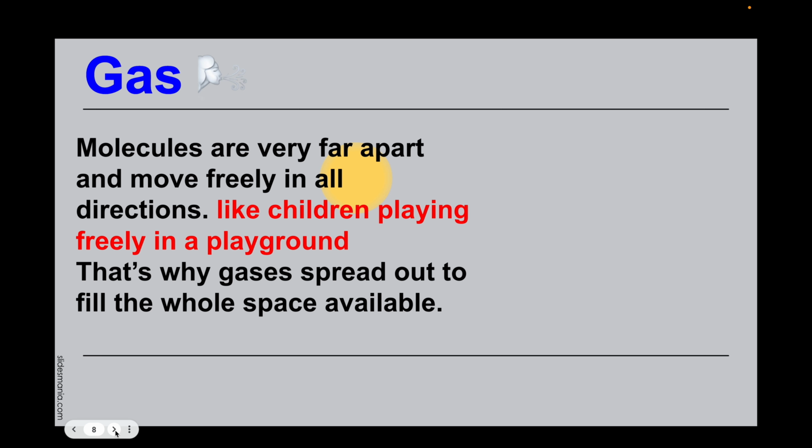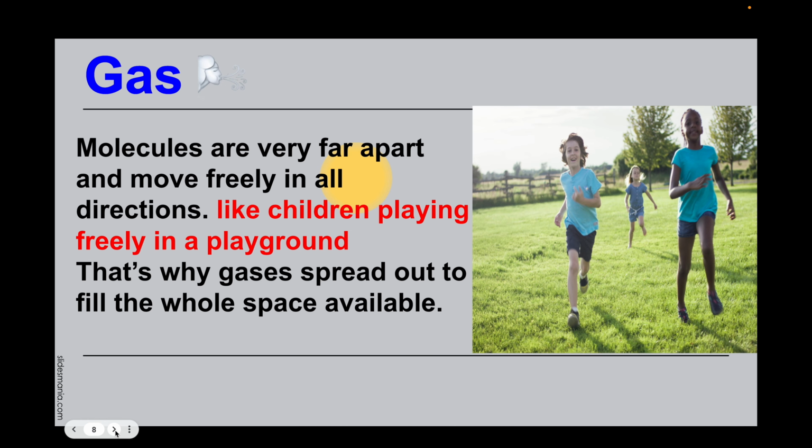Gas. Molecules are very far apart and move freely in all directions. You can compare them to people running freely in a big playground. That's why gases spread out to fill the whole